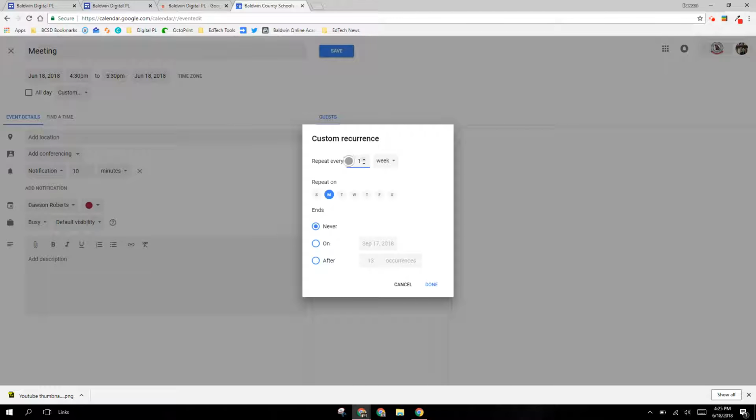So you can select how often they occur, every Monday, Tuesday, Wednesday, Thursday. You can select the days that you want the event to occur or not occur. And then it's important, if you're going to do a recurring event, it's usually a good idea to set an ending date. So by default, it's set to never. And if I say I'm doing a team meeting for my English department,